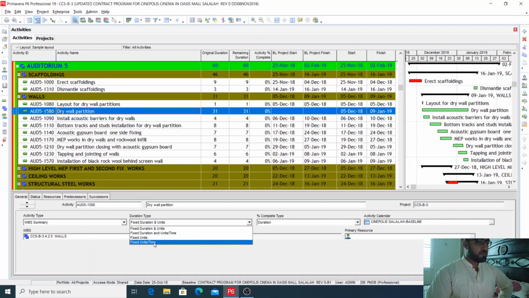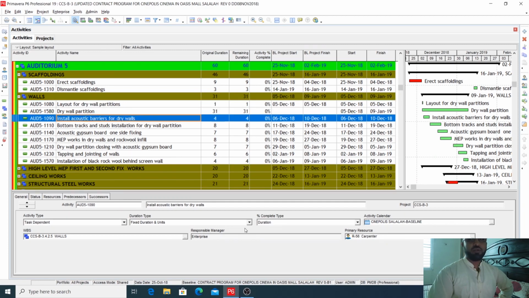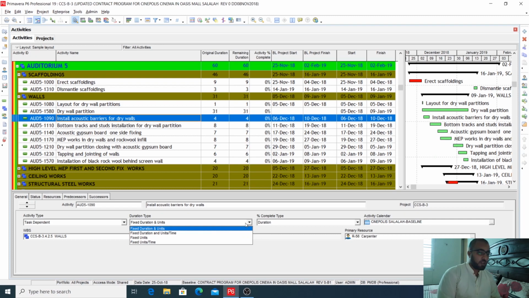So, fixed duration and units. For example, we have here the first activity, layout for the drywall partition, or any general activity. Its duration type is fixed duration and units. Fixed duration and units means that you have one duration, so that your duration is not changing based on